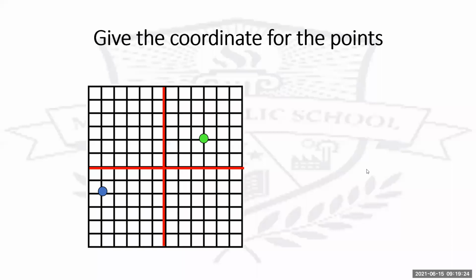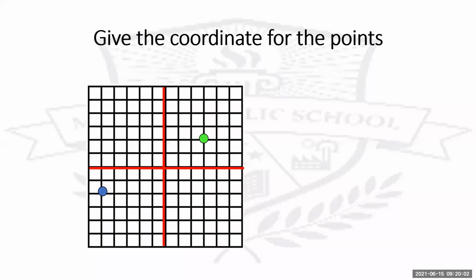Yes, Ansari beta, you want to answer? You have raised your hands. Roshan, you want to answer? Sejal, you want to answer? Omkar, you want to answer? Priyanshu, you want to answer? Yes, beta, tell me. 2 comma 2.